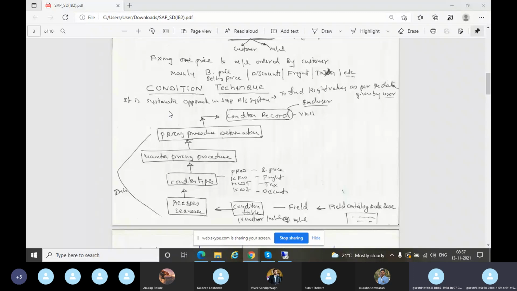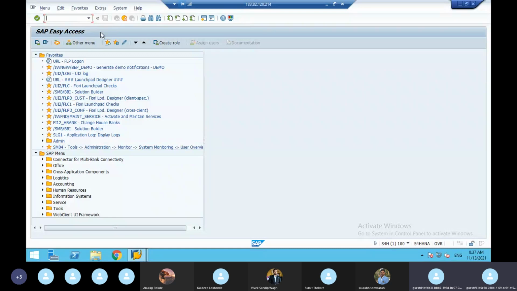The client is telling: my washing machine, I'm going to sell to different states at different prices. How are you going to maintain that here? Things like this come up in the configuration, but the settings are all the same. How to do that? Anyone? The client is telling, one washing machine or one TV or one fridge, I want to sell to different states at a different price.